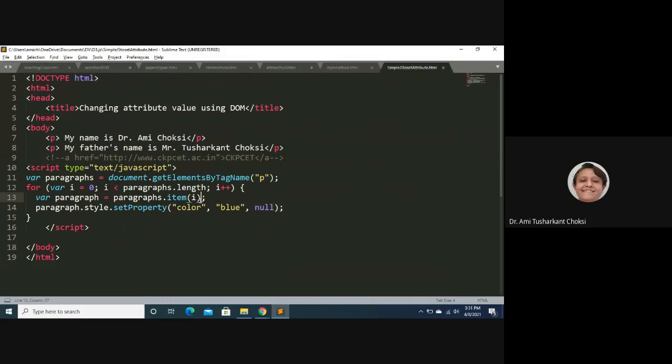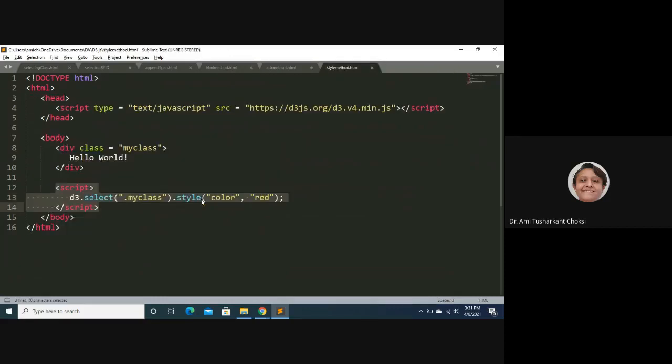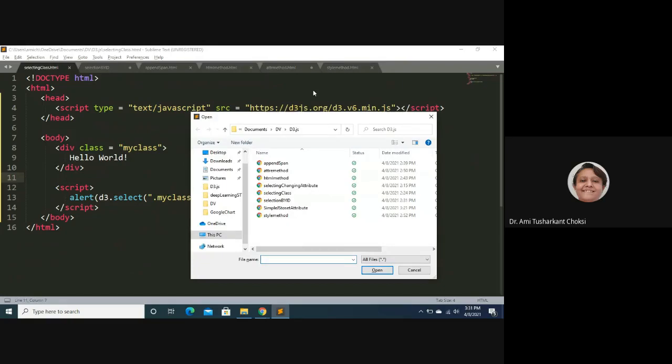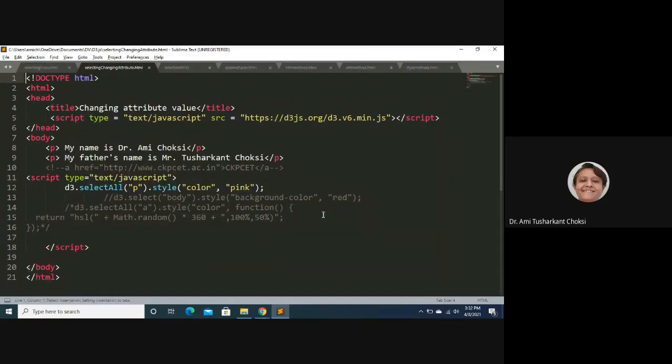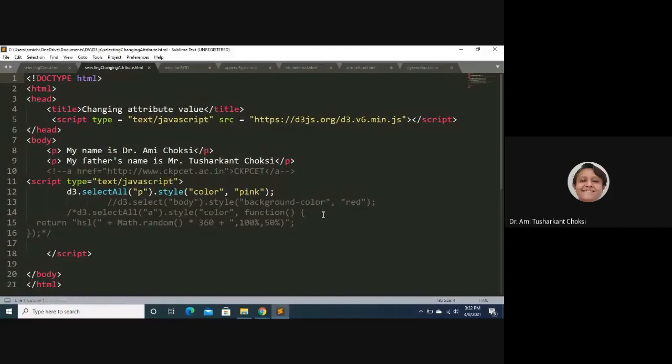This was our simple JavaScript file, right? Now, let me open this here. It is better. Yeah, selecting changing attribute. Okay, you can see it here, fine. It is properly visible to you.